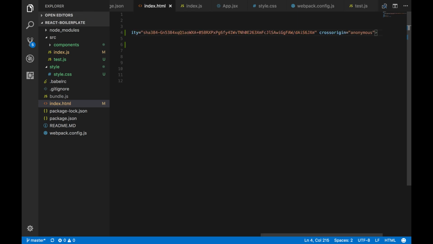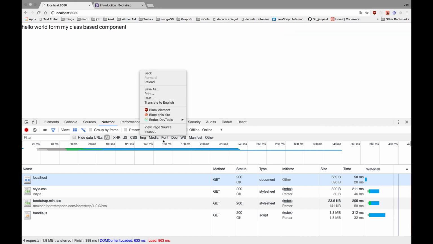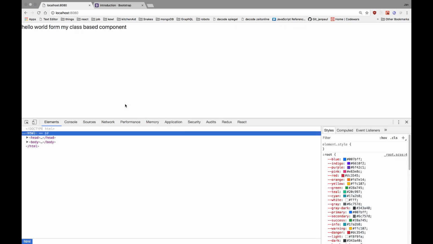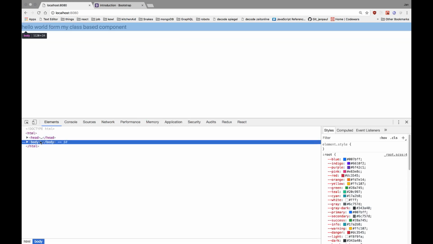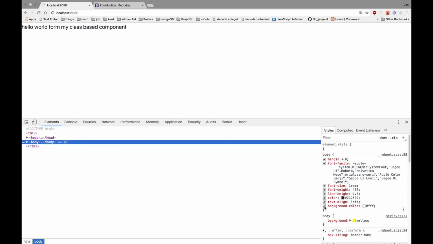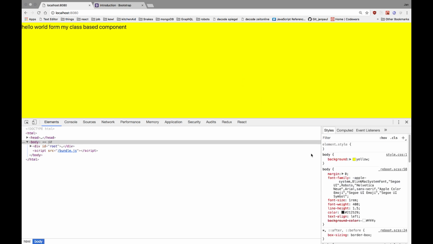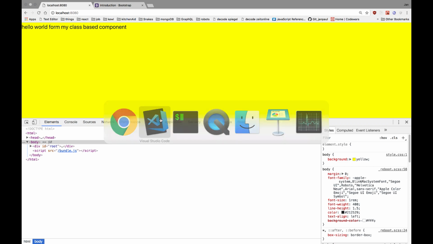And I think that, let me double check, body already has a color in Bootstrap. Body has already a color in Bootstrap, and here is my color. So what I needed to do is change the loading order. I think if I reload now, it should be okay. Yeah, it's okay now, because now from the CSS approach,